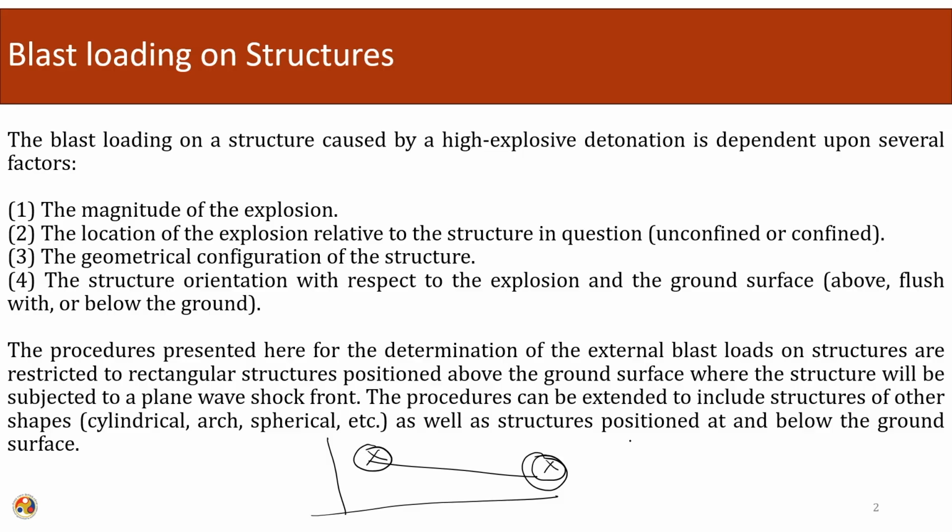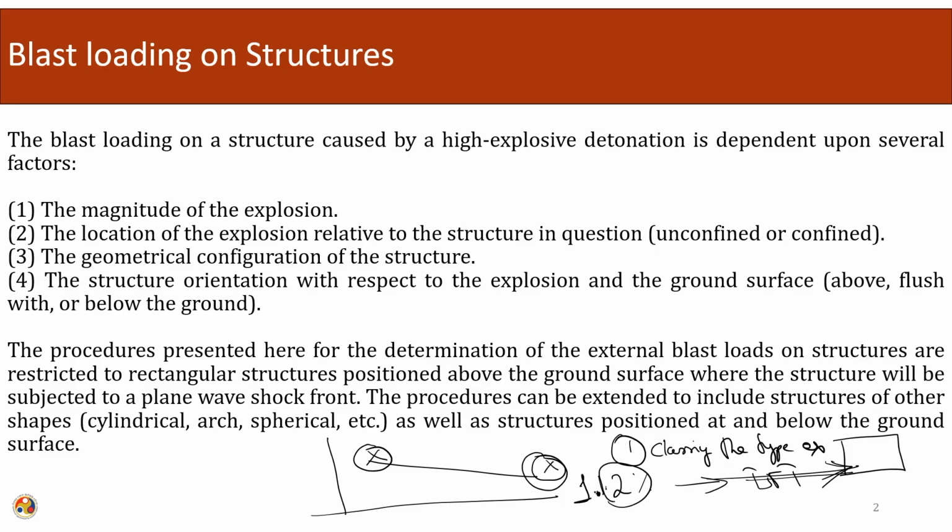In order to do that, the first thing is to classify the type of explosive. So we have to convert it into an equivalent amount of TNT. Once we have converted it into an equivalent amount of TNT, we need to increase it by 20% to account for the uncertainty. If the explosive is pure TNT, then this increase is not required, and if it is any other material than TNT, then we increase by 20% to account for the uncertainty.